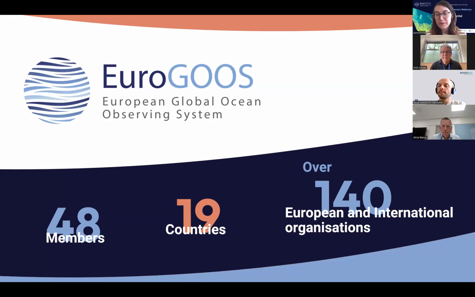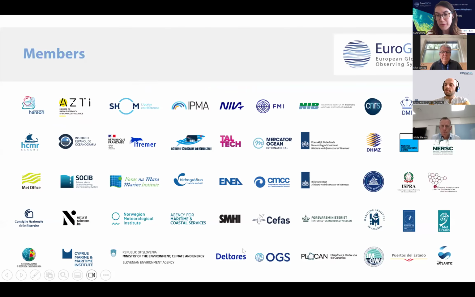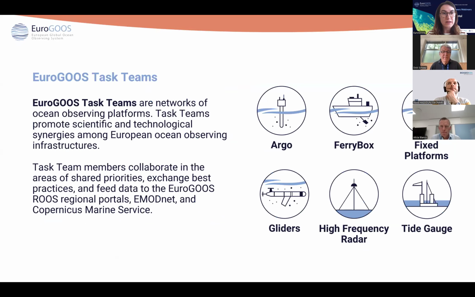So we have 48 members from 19 countries. Across our groups, we have over 140 European organizations. These are our members, as you can see on the screen, and part of our members are present here today. We have task teams that are networks of ocean observing platforms, and they promote scientific and technological synergies among European